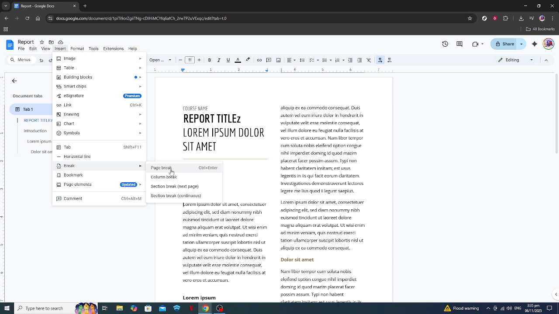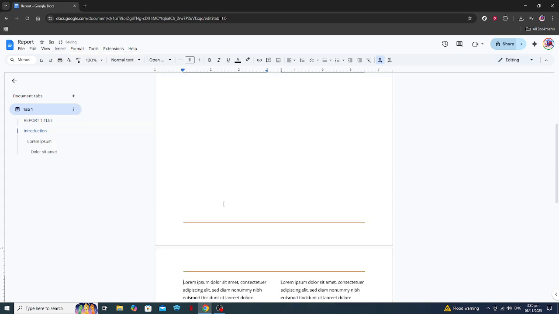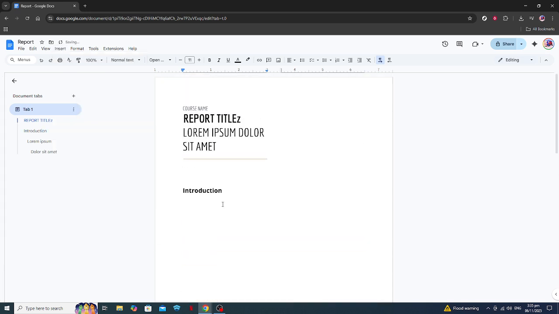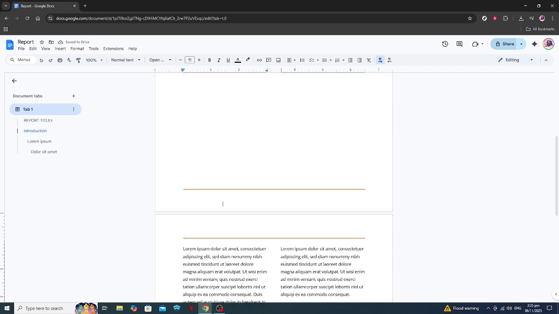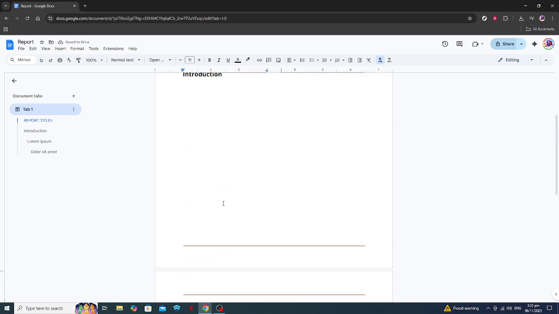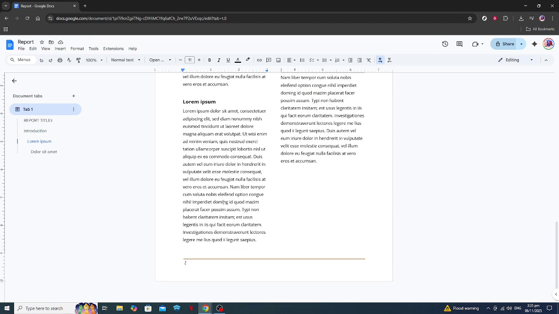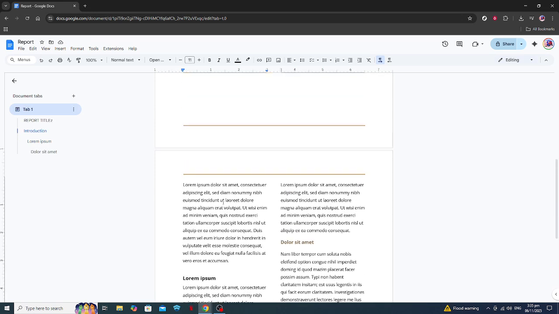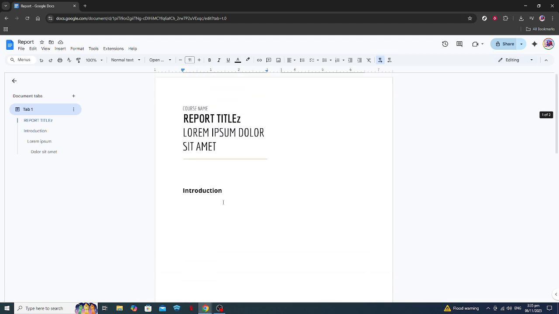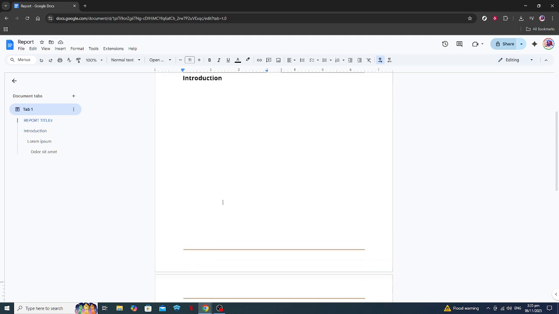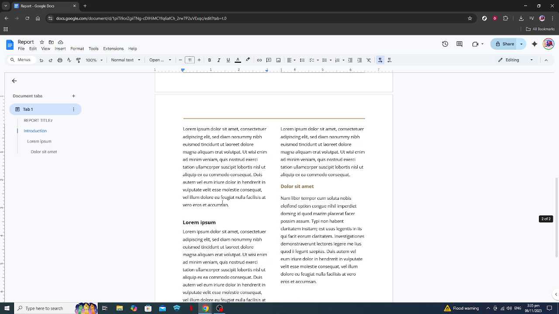Finally, review your document to ensure everything is aligned with your vision. It's a good habit to periodically glance over your layout and formatting, making any necessary tweaks. And there you have it. A beautifully organized page in Google Docs, neatly split both vertically and horizontally, ready to impress. Remember, practicing these steps on a test document can help solidify your understanding before applying it to your main